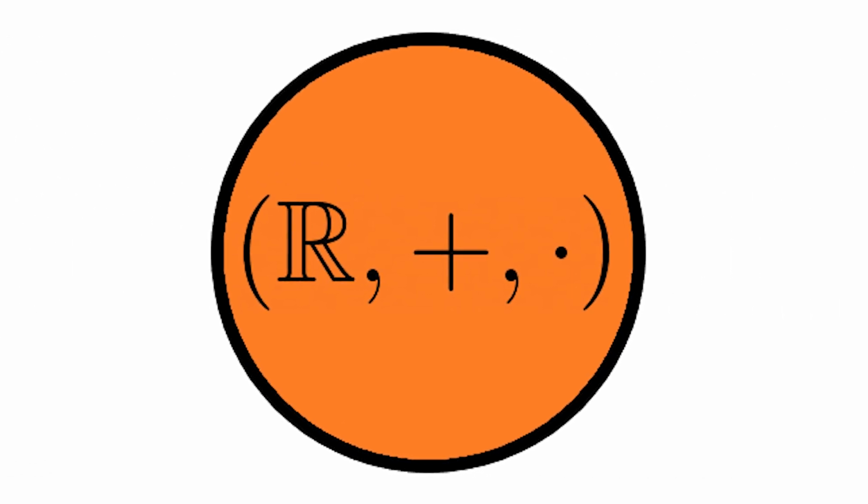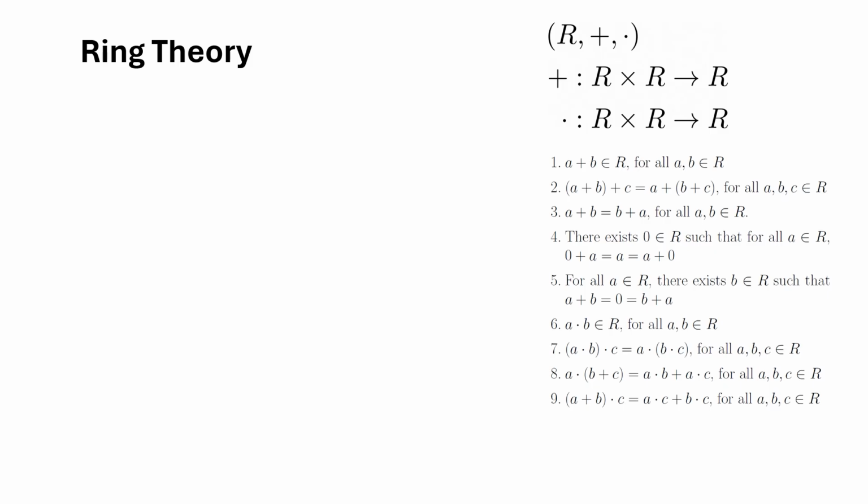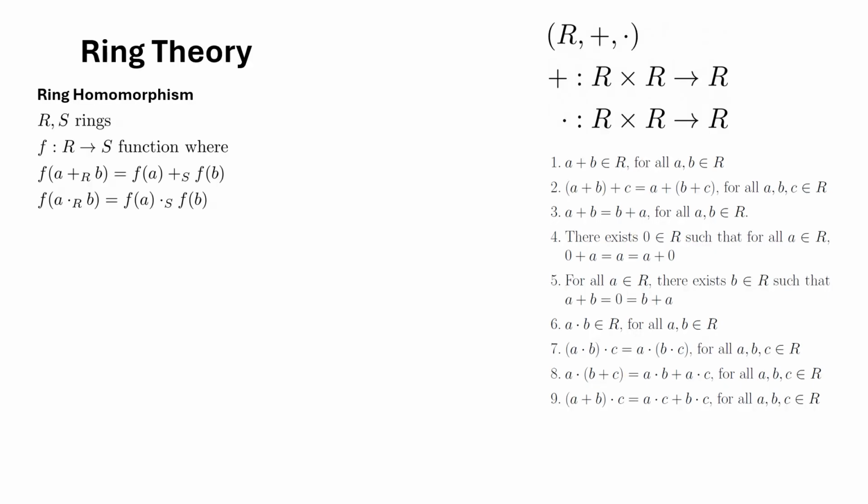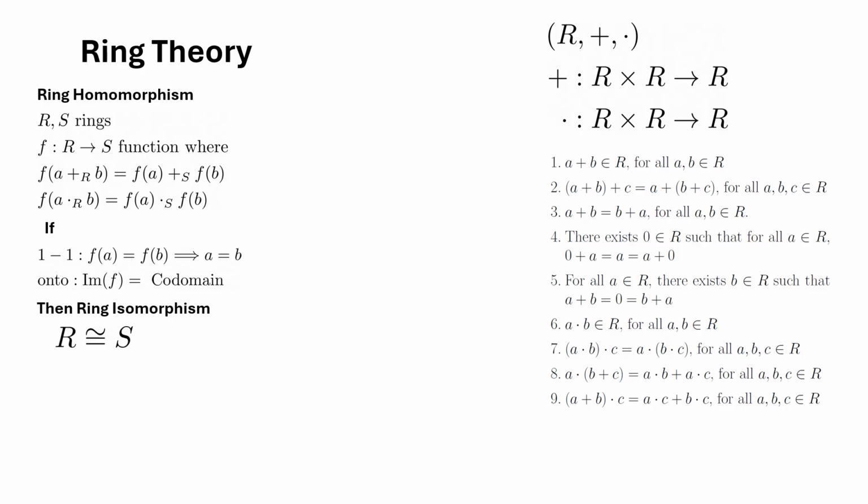Ring theory. Ring theory is the branch of abstract algebra that studies the properties of the ring algebraic structure. Similar to groups, there are structure-preserving maps from one ring to another called ring homomorphisms. If they are one-to-one and onto, they are called ring isomorphisms and show that the two rings have indistinguishable structure. Ring theory includes studying rings in the abstract as well as applying those ideas to rings observed in the real